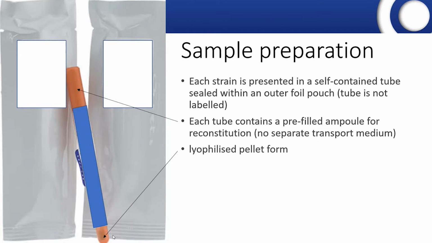The sample comes in 2 parts. There's the actual pellet, which is a lyophilized pellet of the microorganism at the bottom of the tube. At the top of the tube, there is a pre-filled ampule of hydrating fluid, which is then used for the reconstitution. I'm going to take you through